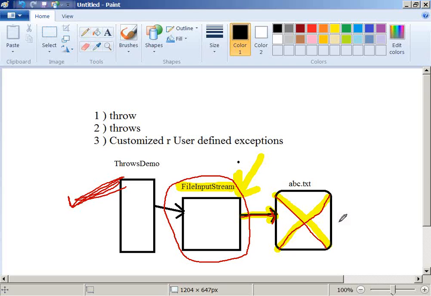If there is a problem with your PC, then that's your problem. You can rectify it. But if there is a network problem, how does the network help you to solve this problem? It cannot help you, right?